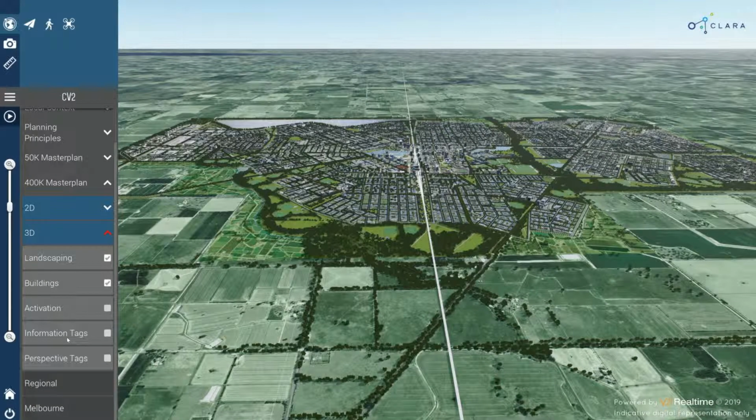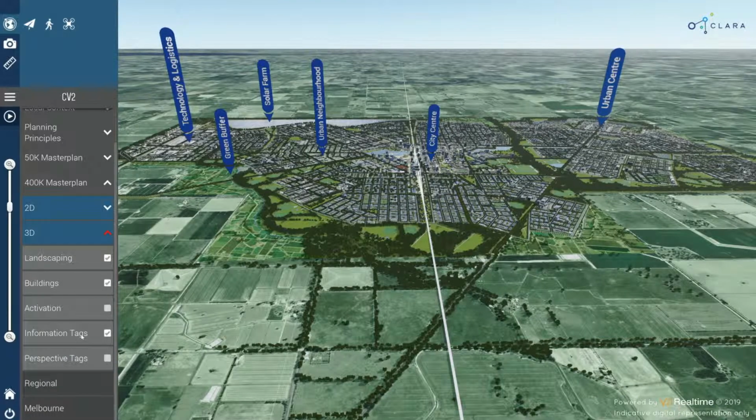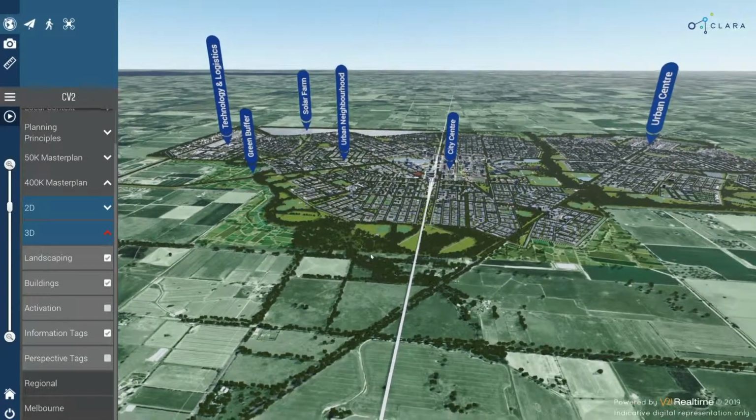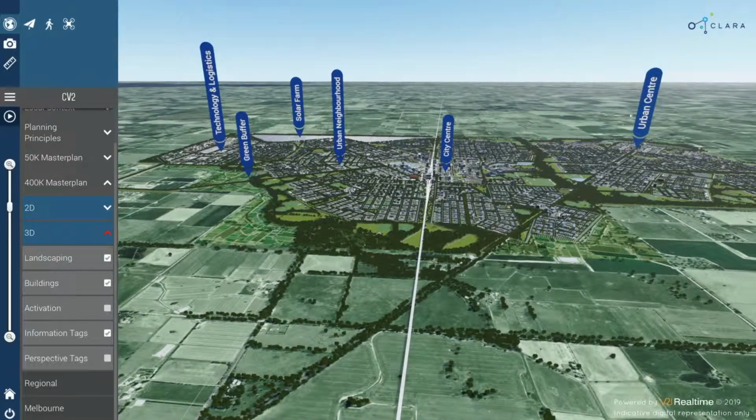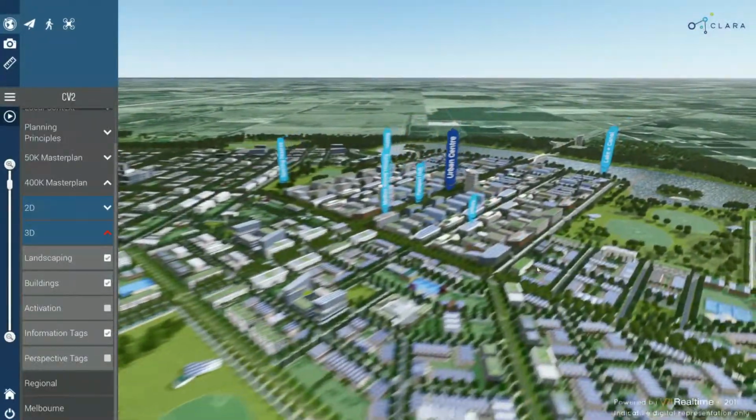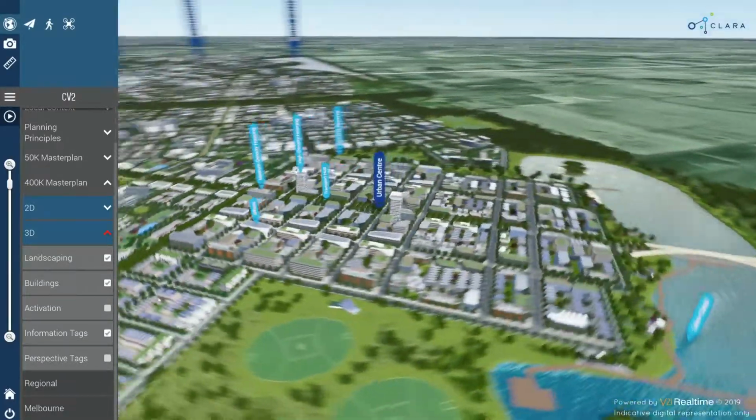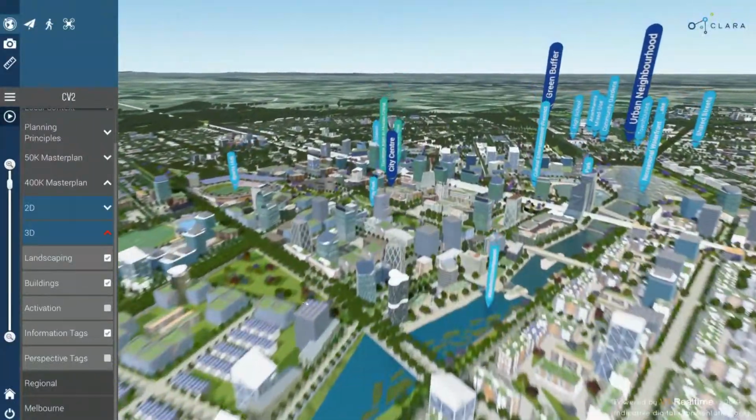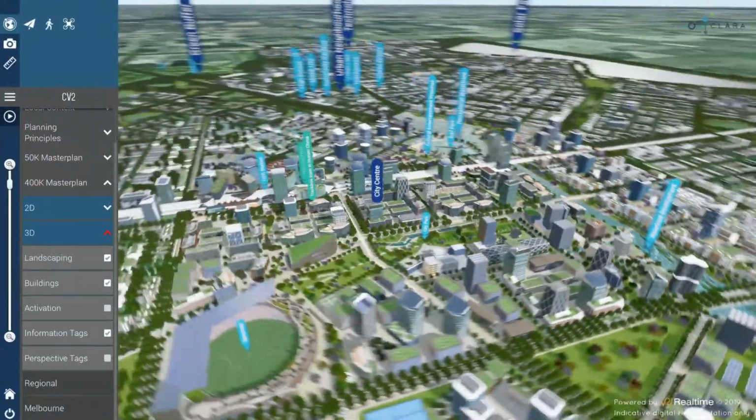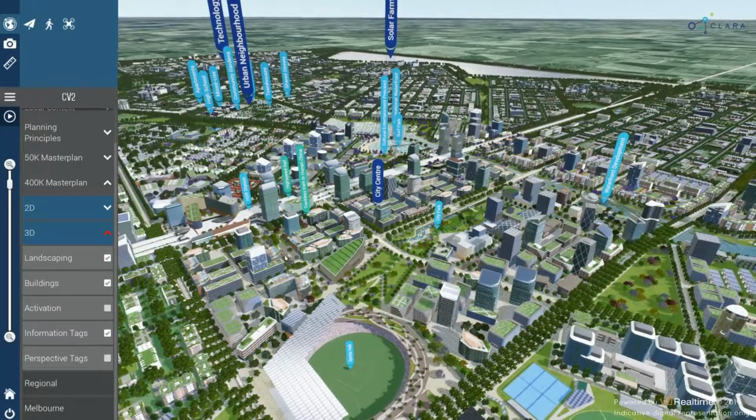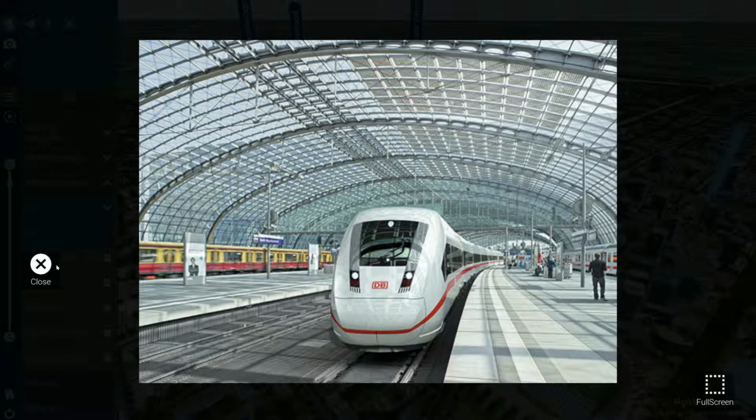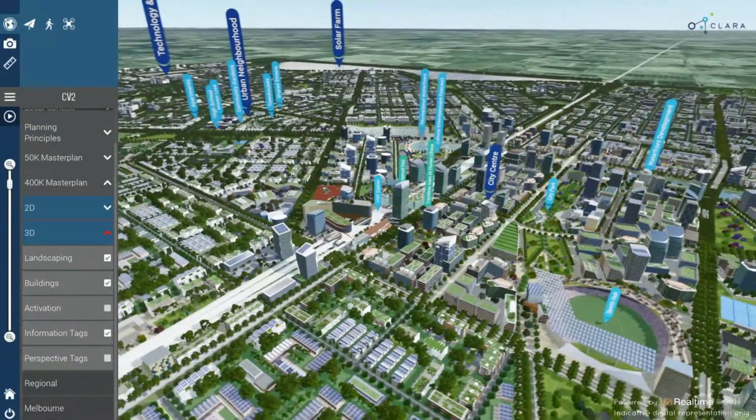The 400K Master Plan 3D menu also contains the Information Tags tab. This will display a number of major tags initially. Once you click on these tags, a number of smaller tags will appear. So you can use the major tags to navigate between the major assets of the site, and then use the smaller tags as references. For example, clicking on the HSR station will reveal the reference image for that station, and